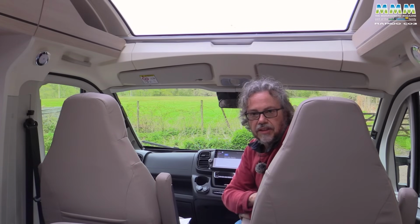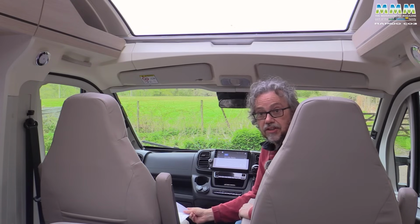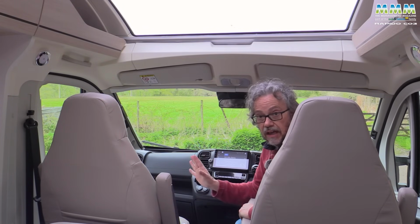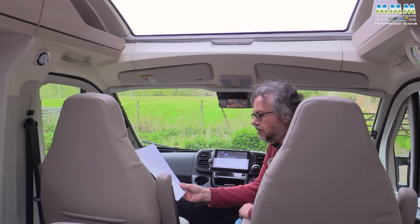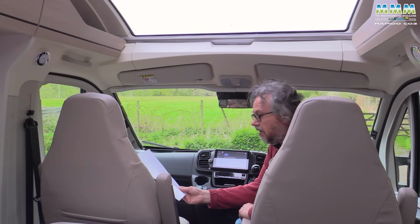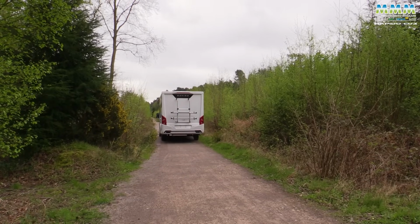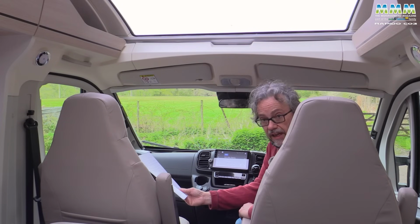So the final test, of course, is the test drive. But before we do that, I did mention additional packs that are available and fitted to this van because it's a Fiat. Now, the first one of those is the safety pack at £860, and that gives you lane keeping assistance, road sign recognition and automatic headlights. Then there's the Connect pack at